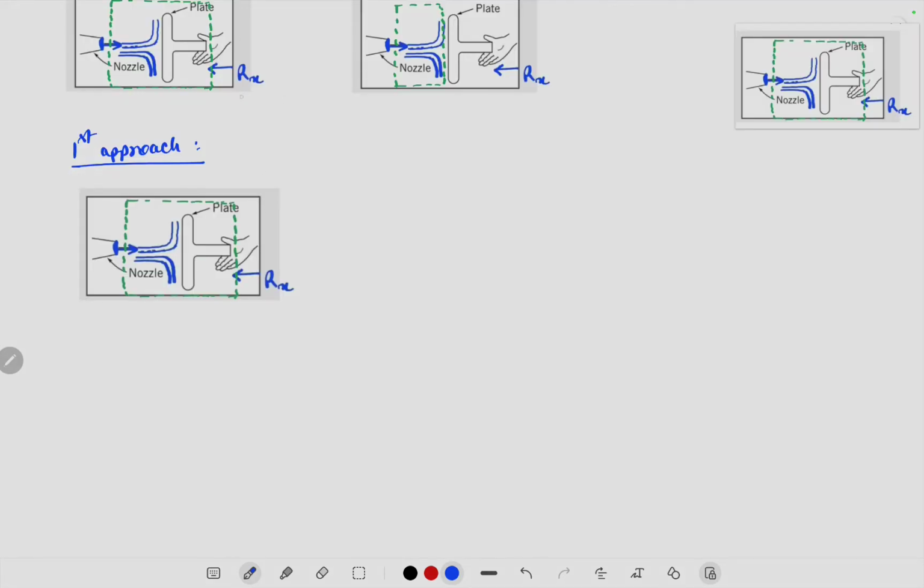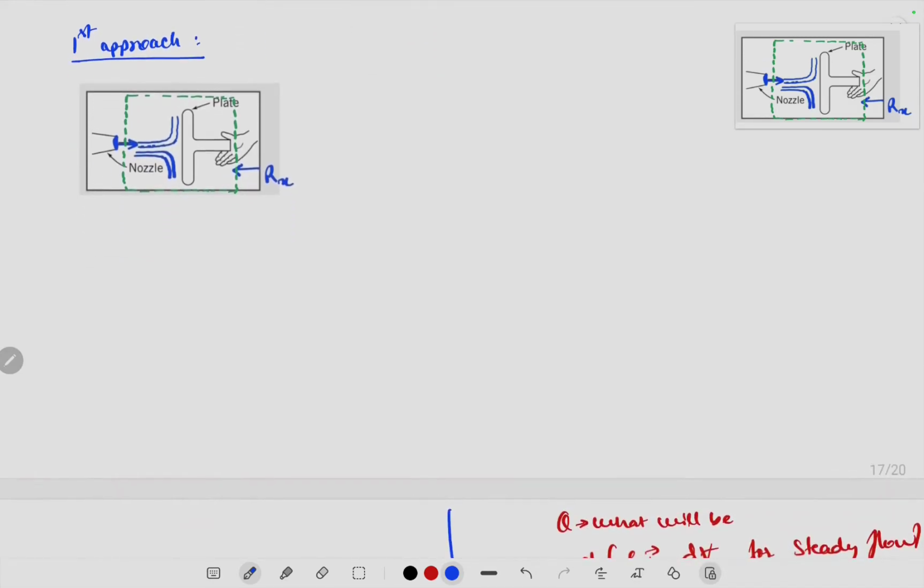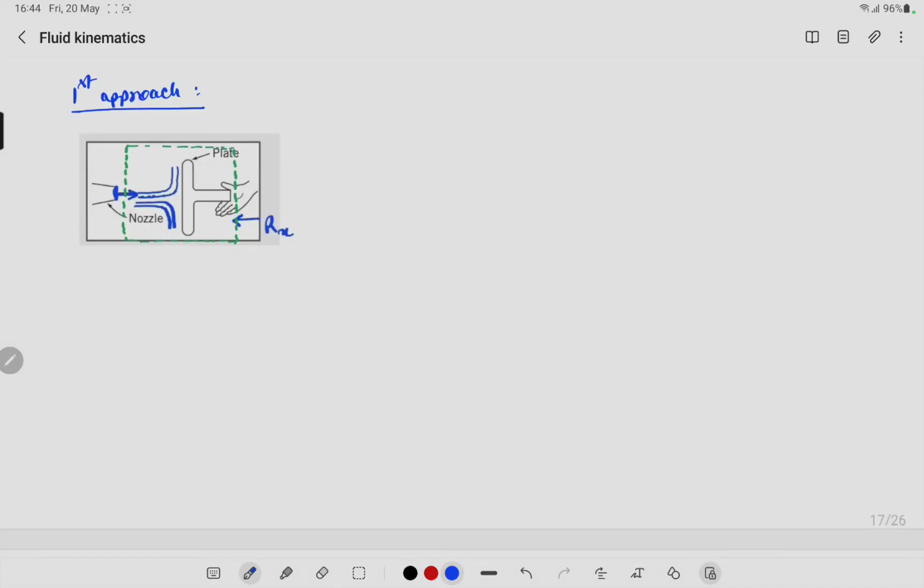So I have copy pasted this image over here. Okay, let's define the control surfaces CS1, CS2, CS3 and CS4. Okay,